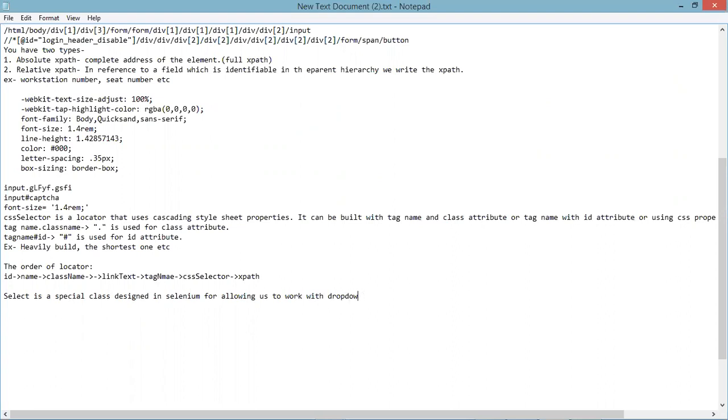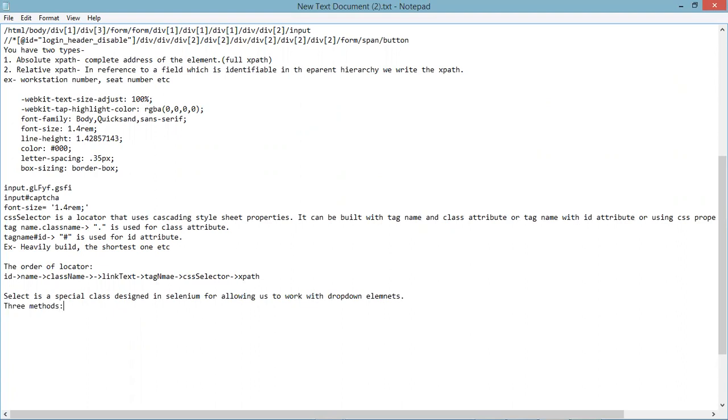Exclusively for drop down fields, the drop down element. And it has three methods.